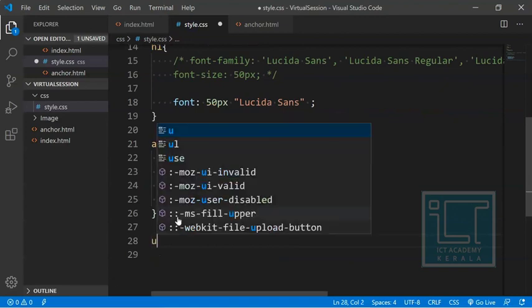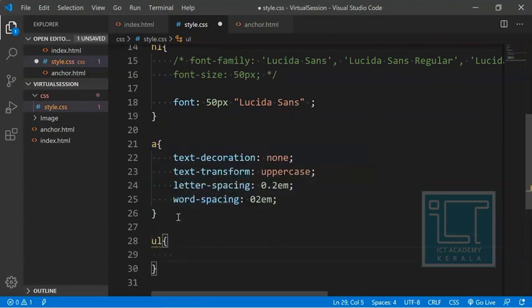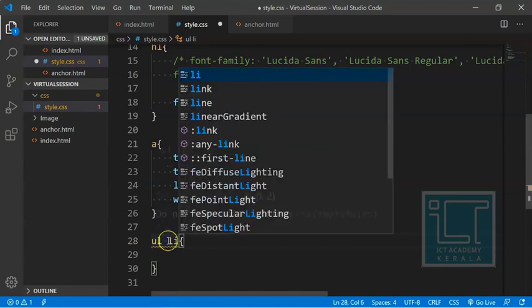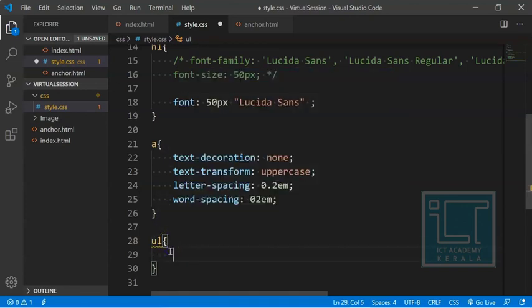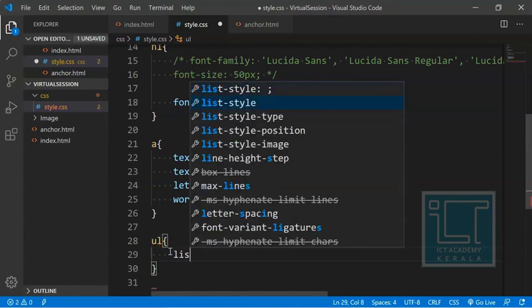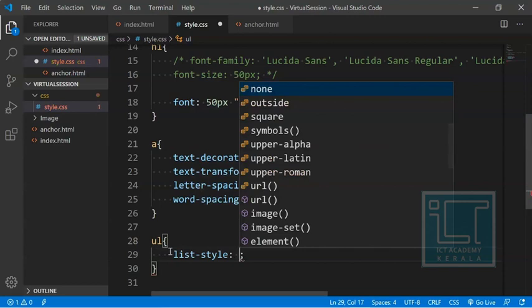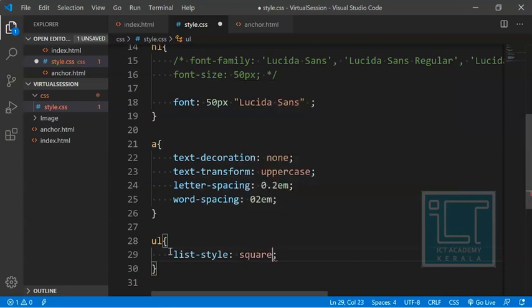For the UL tag, the list style must be square. I'm telling it should be square.